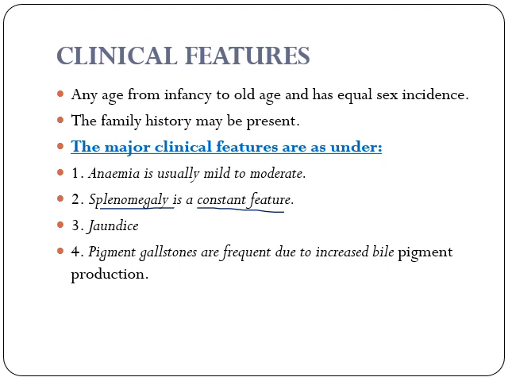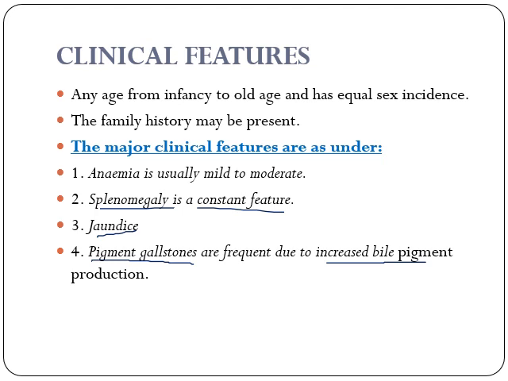Whenever there is hemolysis, there will be liberation of heme. This heme will change into biliverdin, then into bilirubin, which we already discussed. This will lead to jaundice. Apart from that, there will be an increased chance of formation of pigment gallstones. Why? Because whenever there is increased bile pigment, it will saturate to form gallstones. So anemia, splenomegaly, jaundice, and gallstones.